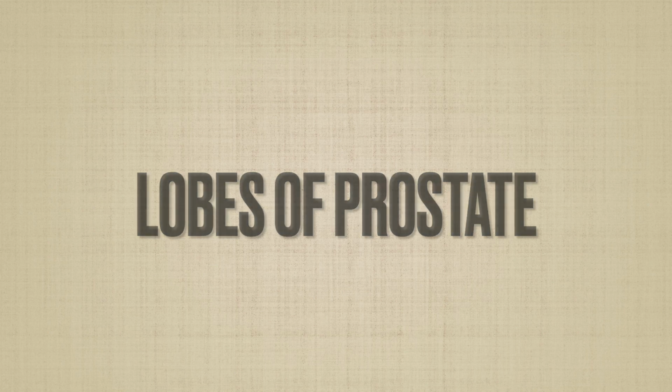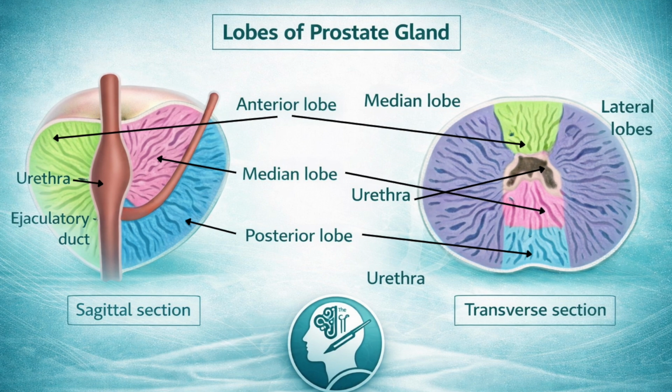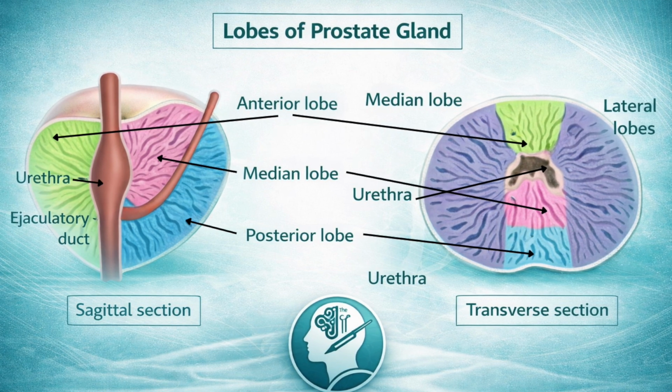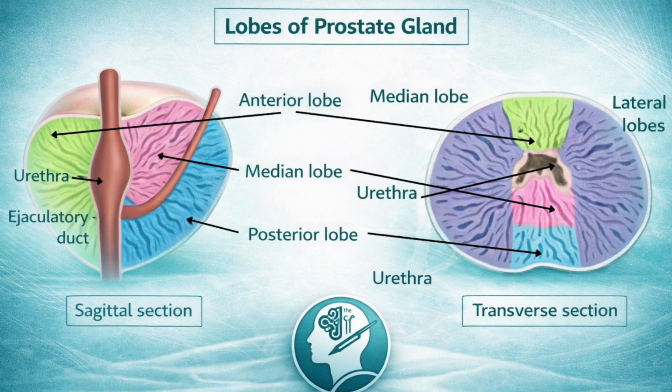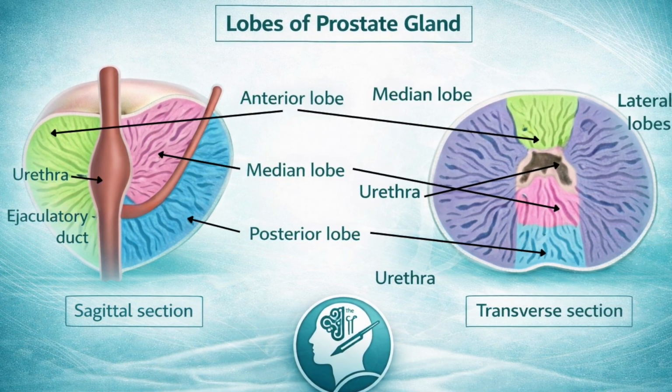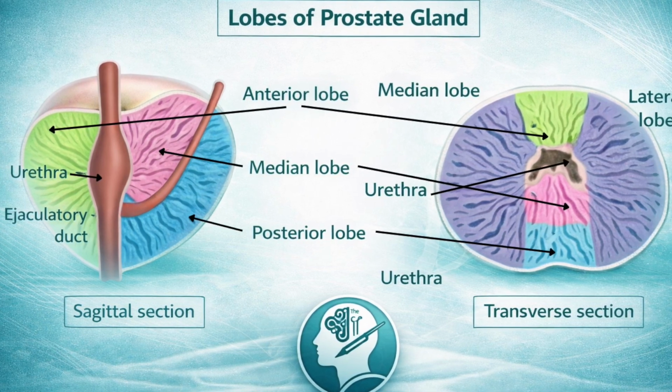How many lobes does the prostate have? The answer is 5. Anterior, posterior, median, right lateral and left lateral. 2 important points here. The posterior lobe, which lies behind the ejaculatory duct, is the most common site for carcinoma,